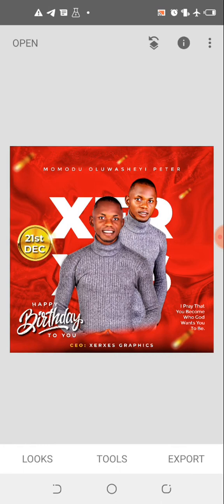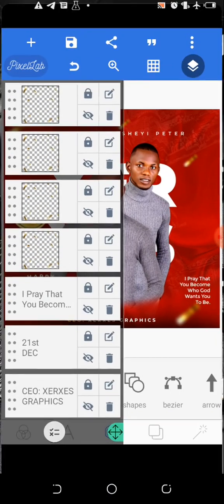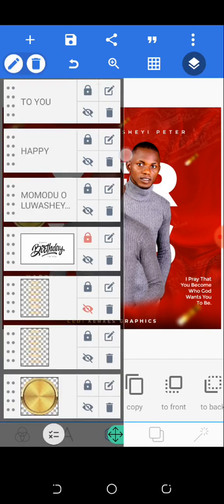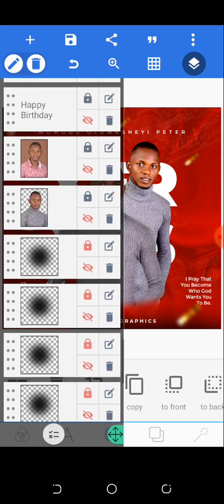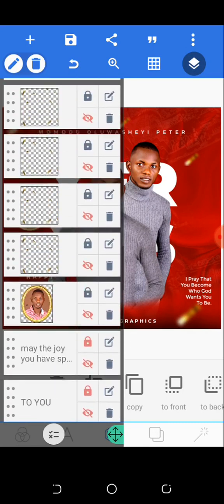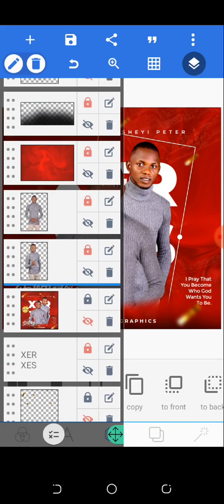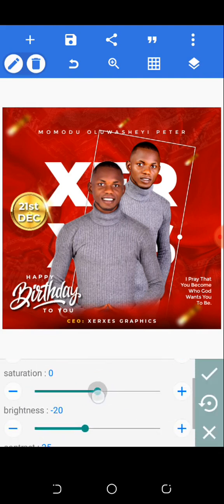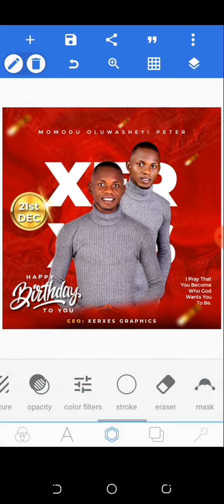Now for the one at the back, I didn't tamper with it. So I was even thinking of desaturating it, the image at the back. My image I use at the back. I think I desaturated it. Yes, I did. I desaturated it a bit. I reduced, make it about 15. Then before I exported. So for this particular one, I made it about 15 before I exported. Then you can just go ahead with the